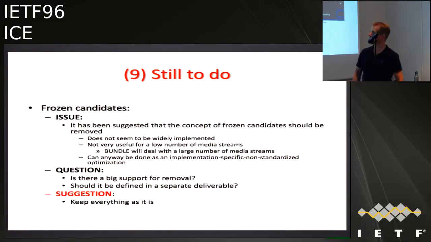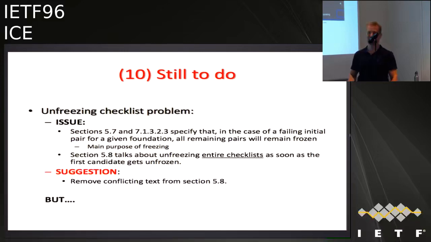Okay, and then there's another. I forgot to check whether these are the section numbers in the list, but that's maybe not important. The one problem which was raised was the unfreezing checklist problem. There are two sections, and one says that in the case of a failing initial pair for a given foundation, all remaining pairs will remain frozen, which is the main purpose of frozen. You don't test those because, since one doesn't work, the other ones with the same foundation are likely not to work either. However, I think Emil or someone found a text in another section which says that when you do the unfreezing,